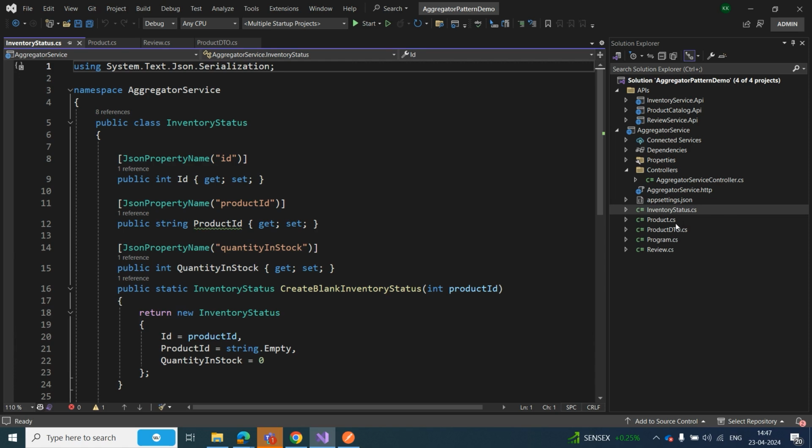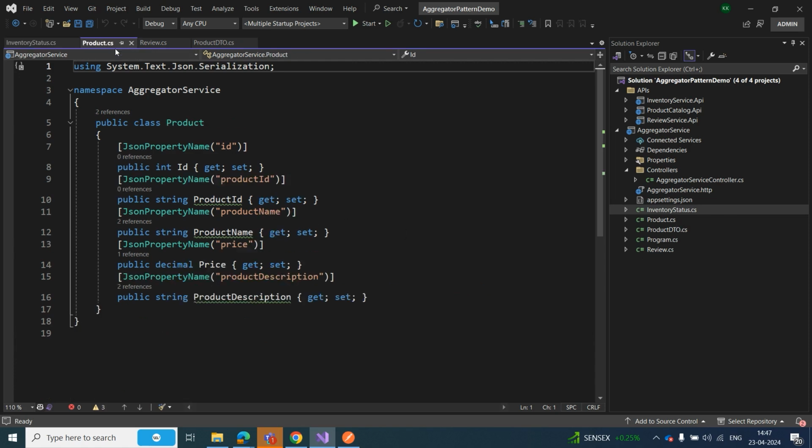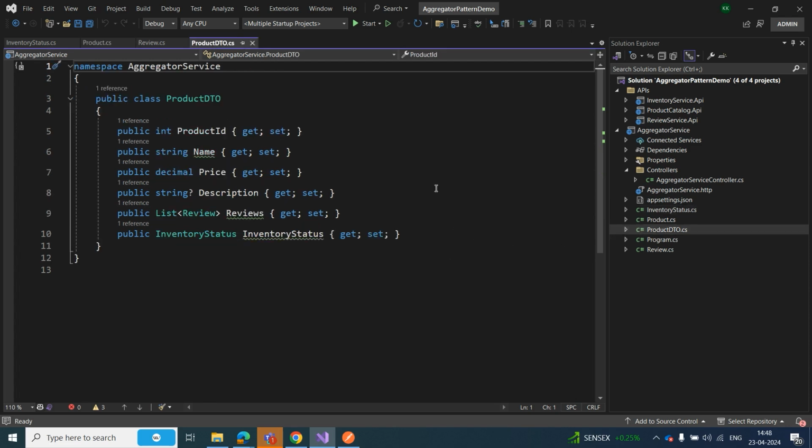We are also providing a layer of abstraction between the aggregator service and the individual APIs, so that if the structure and properties of the entities in the individual services change, it won't directly impact the aggregator service, which can continue to work with its own defined DTO. So the aggregator service acts as a central point and it combines the data from all the different multiple services. Let's look at how the services and the data from individual APIs are combined.